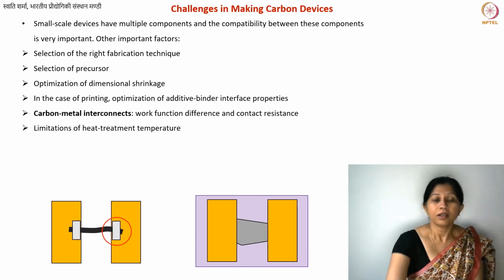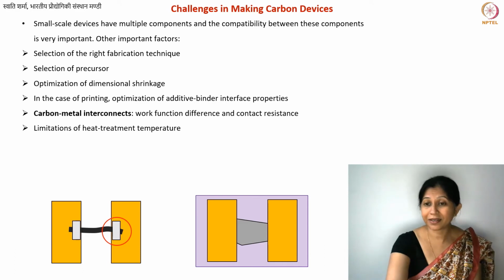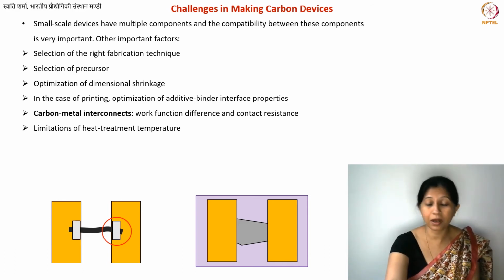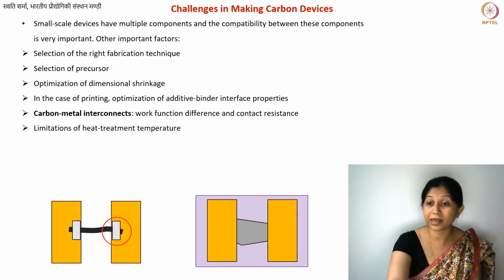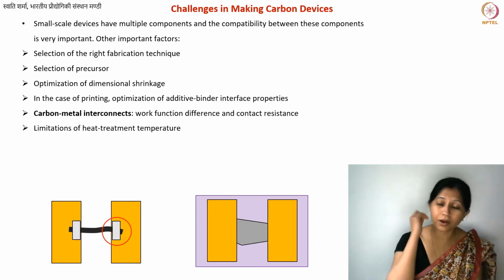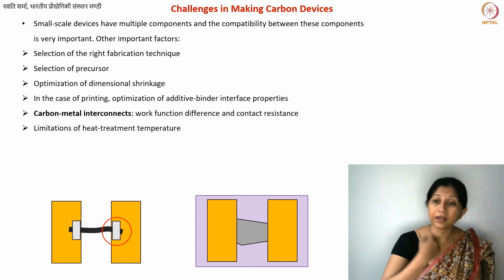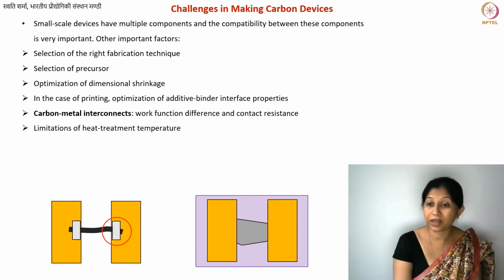Altogether, we have other limitations, such as the heat treatment temperature. You already know that we cannot go above, in principle, 1400, if you're using a silicon substrate, because 1400 is the melting point of silicon. But you will not even go to 1400, because sometimes at lower temperatures you can also have thermal fatigue if you're performing your heat treatment process very, very slowly. So generally you will not go above 900, 1000 in the case of micro nanoscale devices, and this is what I'm talking about, silicon substrates.